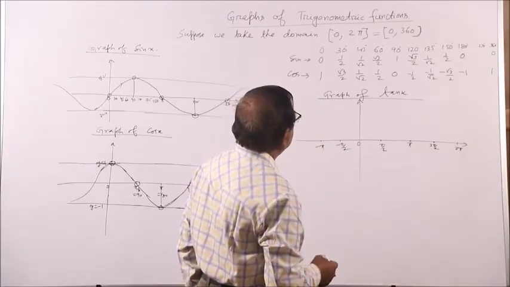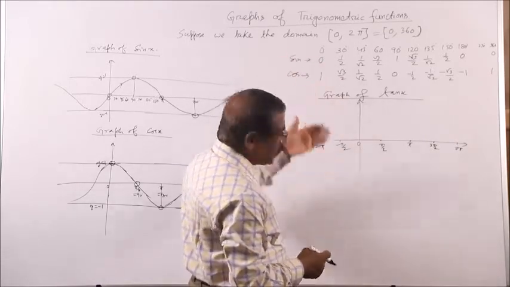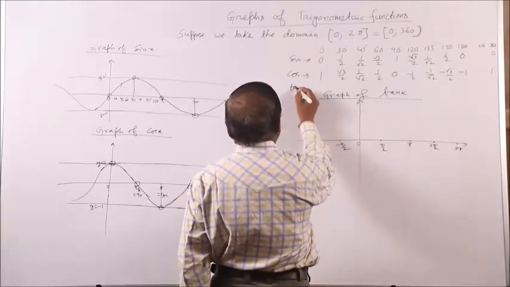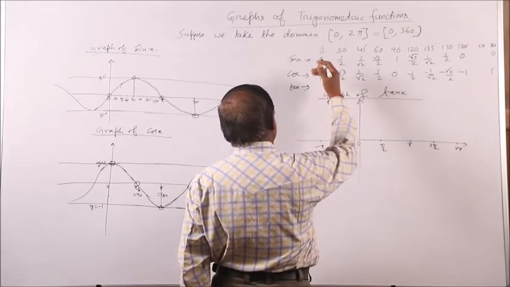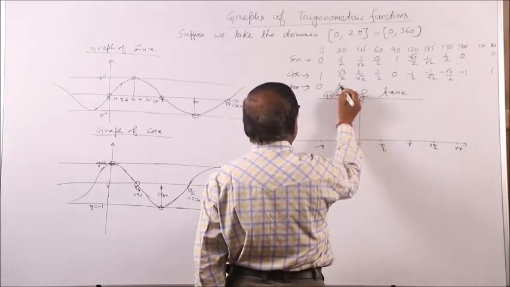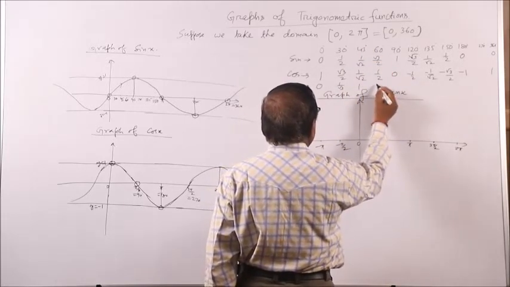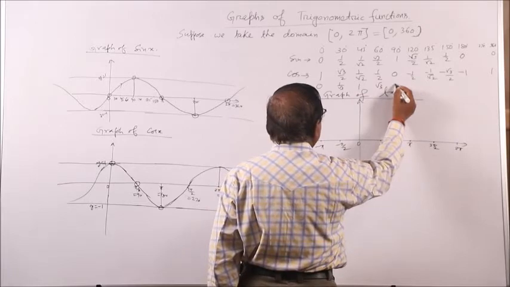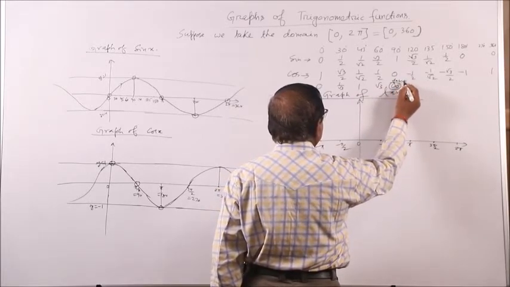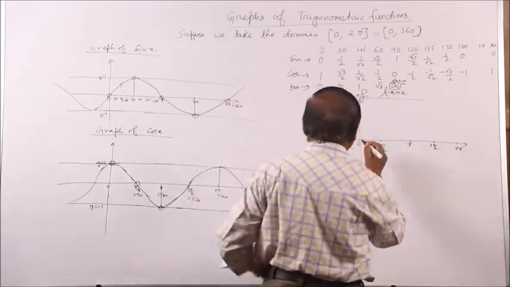And you see we have found the values of sine and cos. Also you can find the value of tan, here you can write tan x. What is the value of tan here? Just sine by cos, this will be 0, this will be 1 by root 3, this will be 1, this will be root 3. This is not defined, that is, this point does not exist here. We are interested in this: tan 0 is 0, this point,